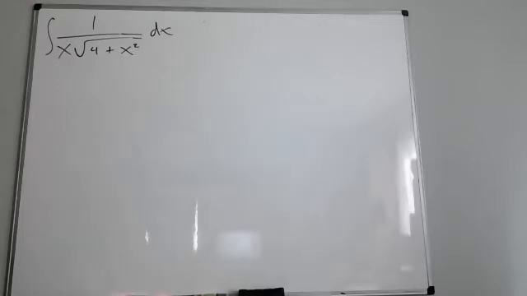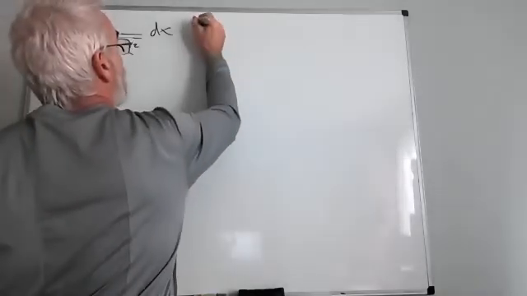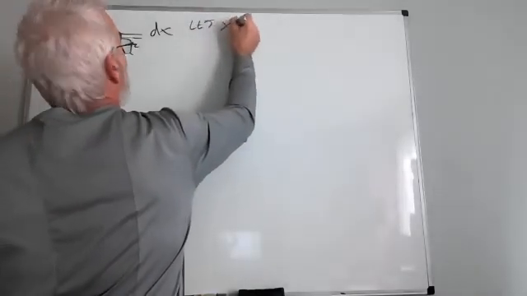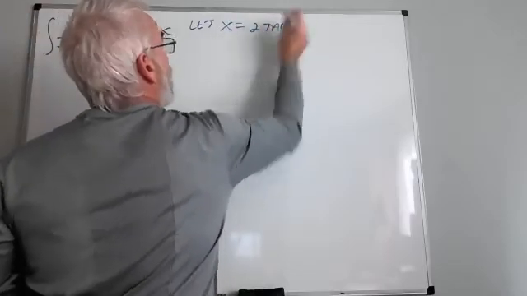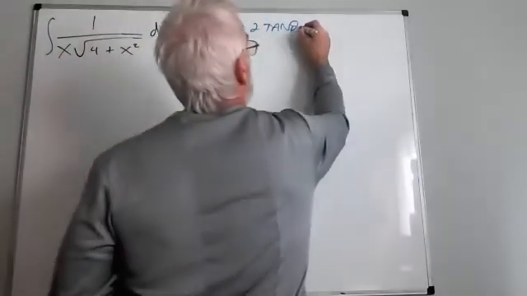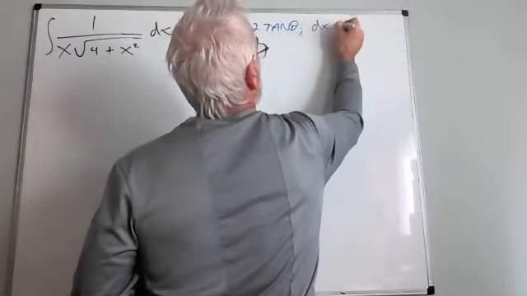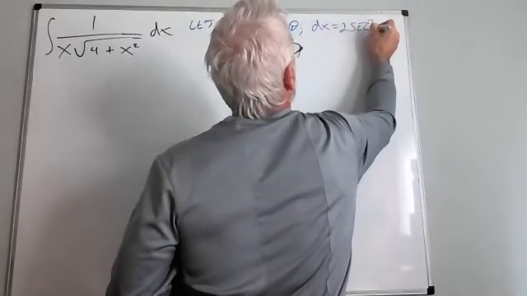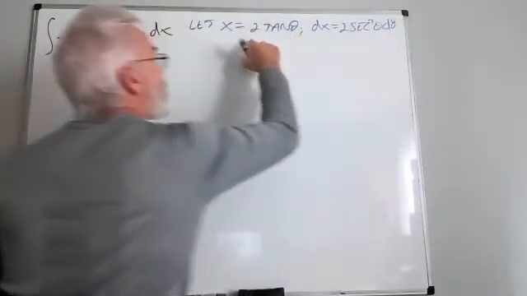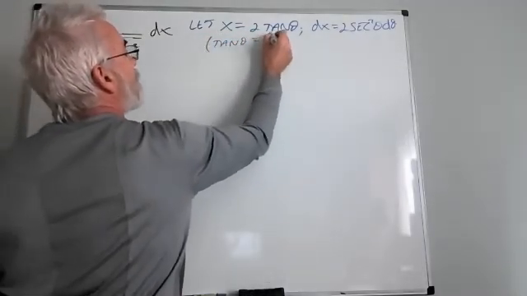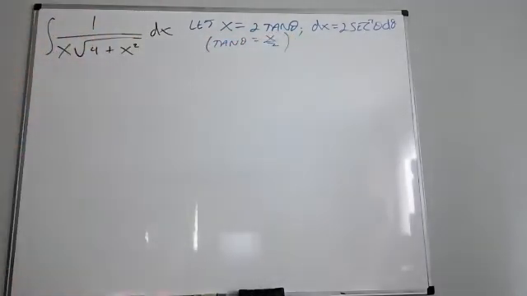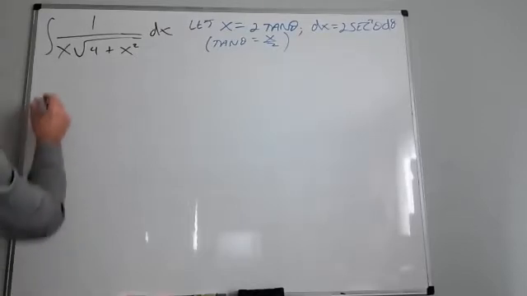So that tells me the only substitution I'm going to consider is I'm going to let x equal 2 tan theta. Then my dx is 2 secant squared theta d theta. And going back to here, this means that tan theta is x over 2. So that's going to be the picture that I'm going to draw when I get to that point. So when I make this particular substitution,